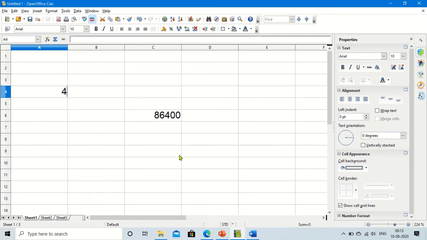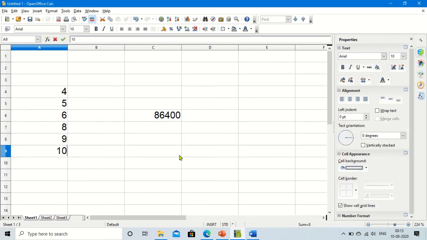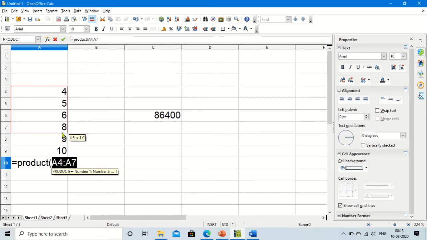Suppose I have 4, 5, 6, 8, 9, 10. I want to multiply these numbers, so I will write equal, then product, then I will give the cell reference. Look at this, that is also possible. You can see the result.